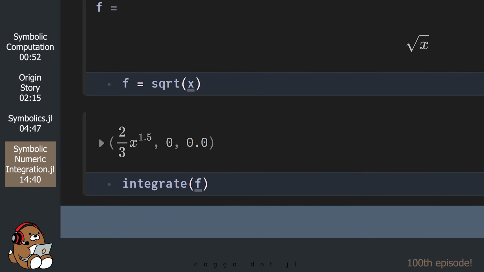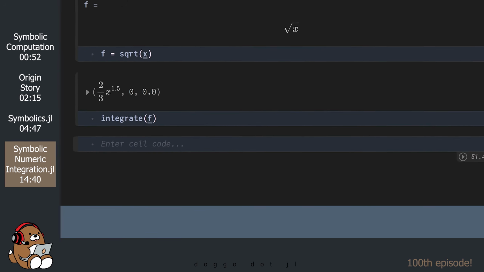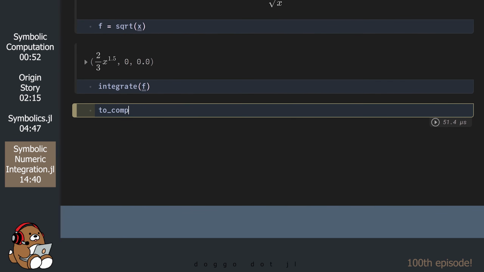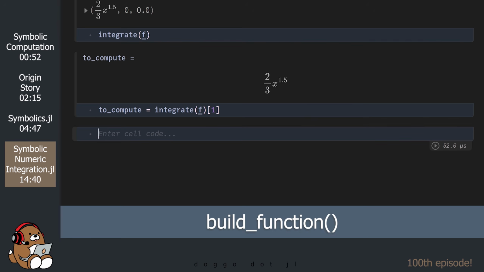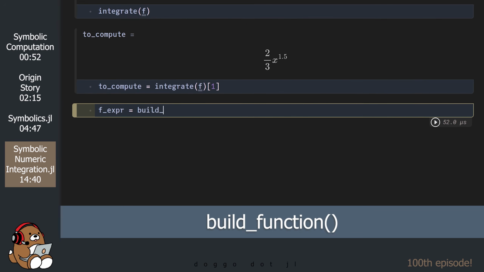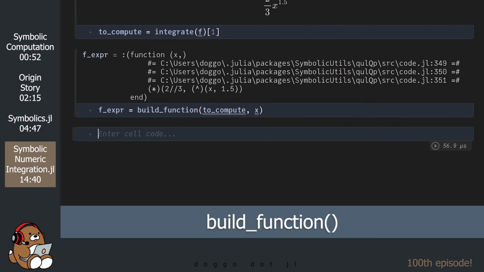You can actually convert these symbolic expressions into Julia code that you can use just like any other Julia function. There are a few steps involved, but the workflow is pretty straightforward. The first step is to assign the symbolic expression to a variable. The next step is to use the build function to generate an intermediate representation of the function.